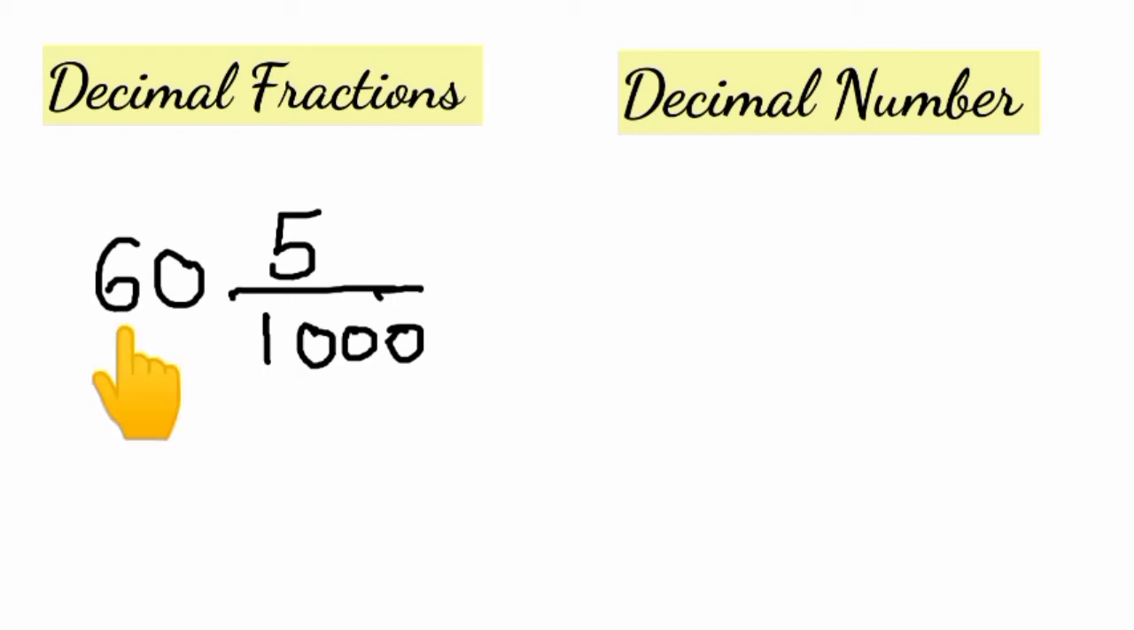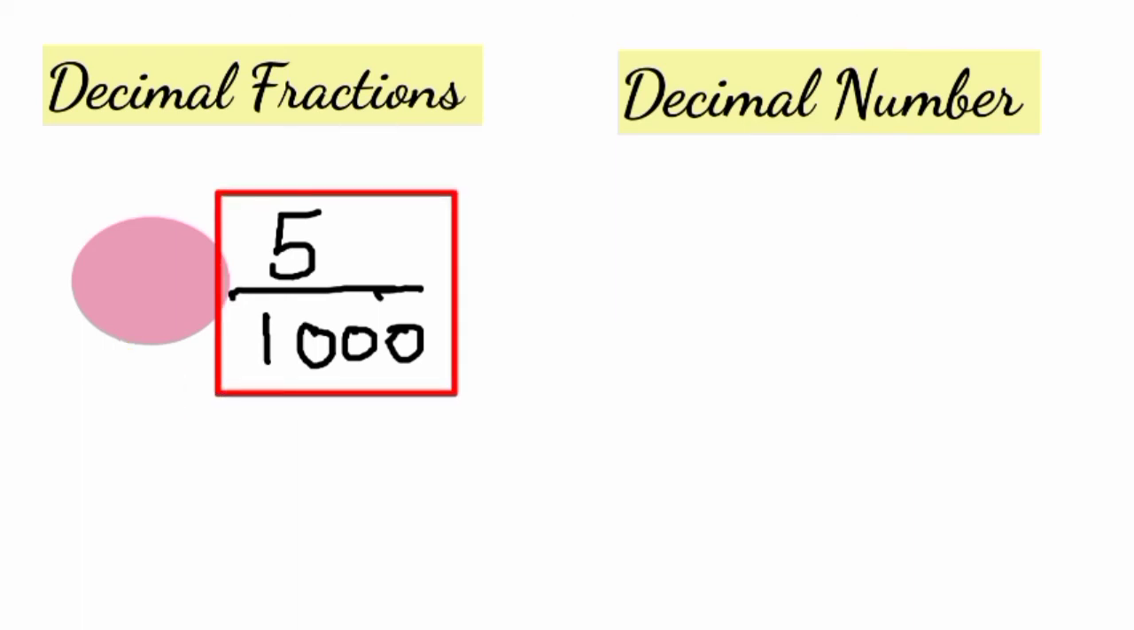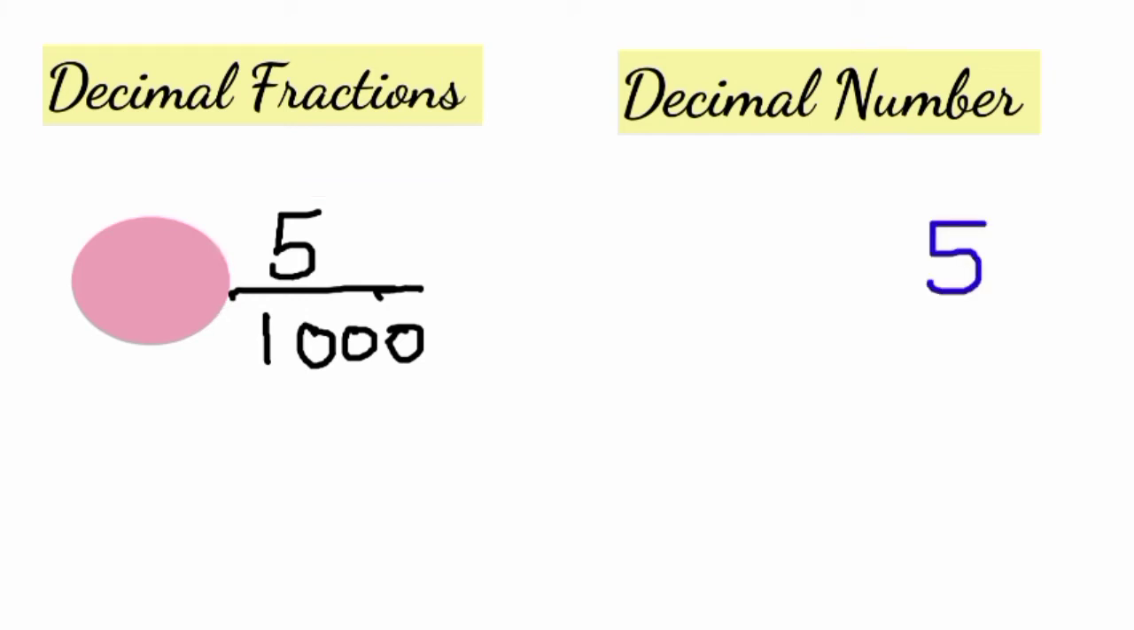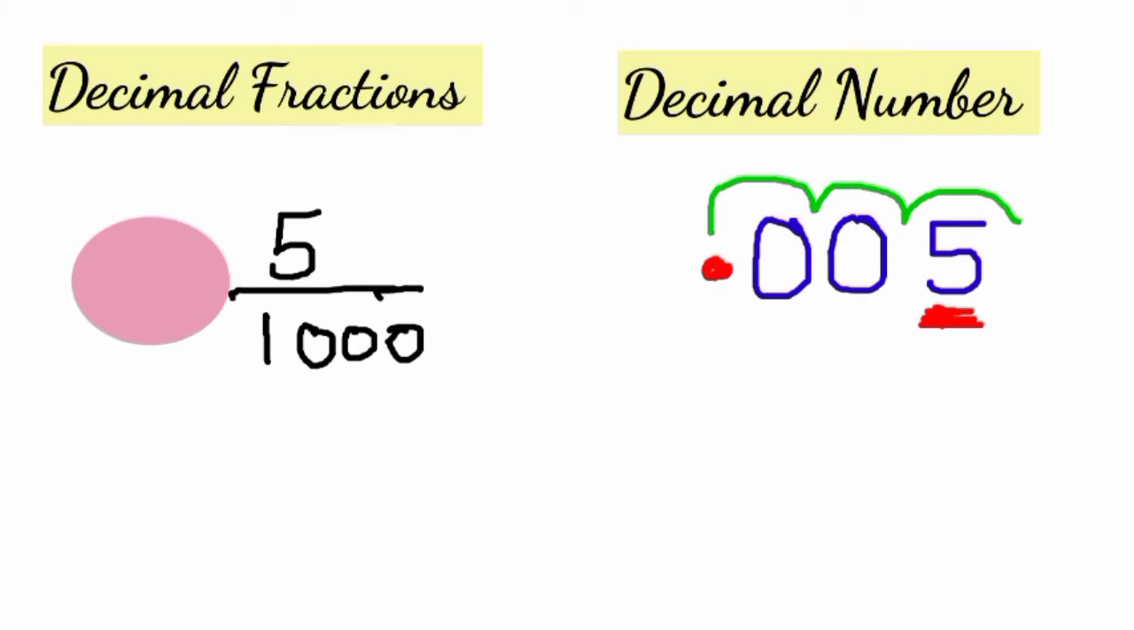Hide this whole part 60, right? And convert this 5 upon 1000 into the decimal number. So write 5 numerator. Count the number of zeros in denominator. We have 1, 2, 3, 3 zeros. So we will put decimal before 3 digits. We have only 1 digit. So put 2 zeros. 1, 2, 3. Now this will become